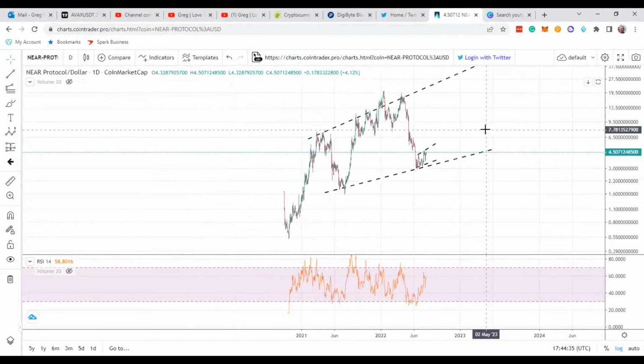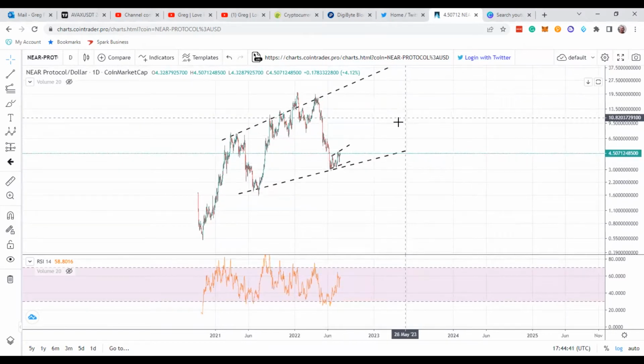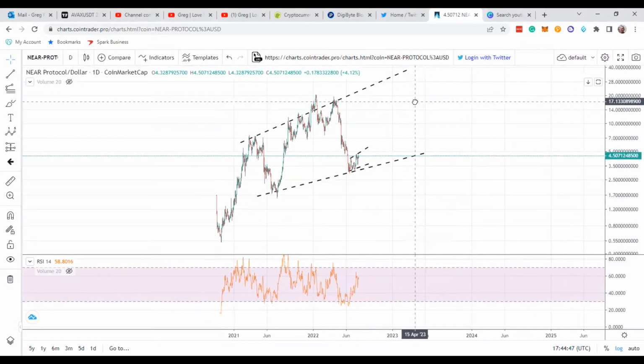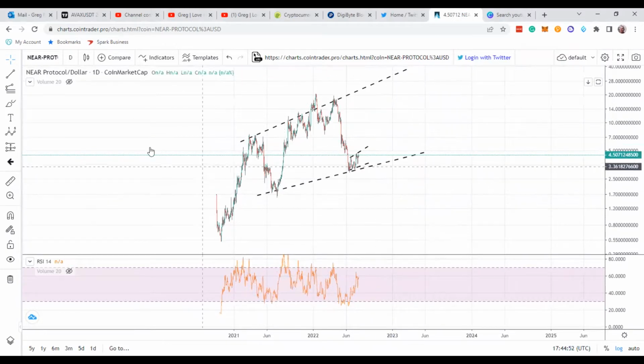I'm going to go over it. I made a couple changes to Near Protocol based on trend lines here, on the move that I think Near Protocol could be making up here to these areas. I'm going to research it, but to give the overall picture for people who haven't seen it,